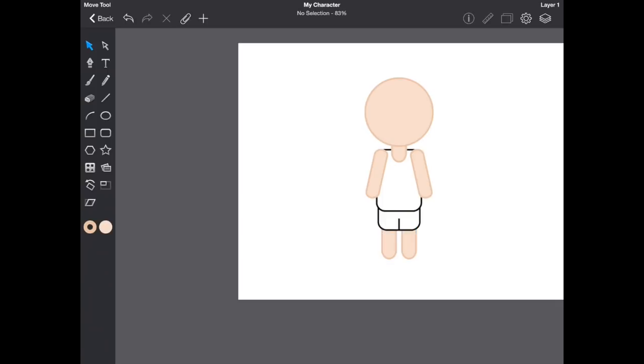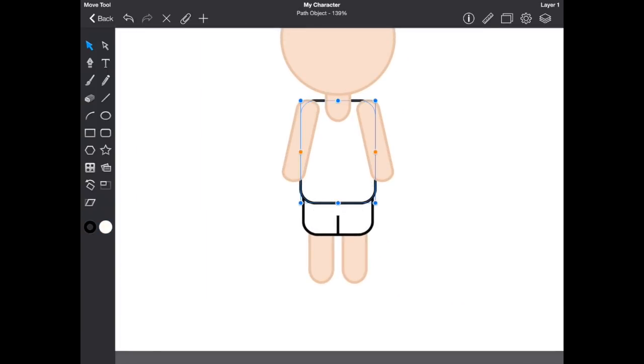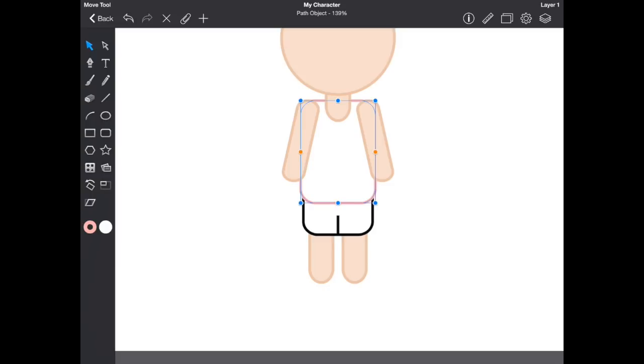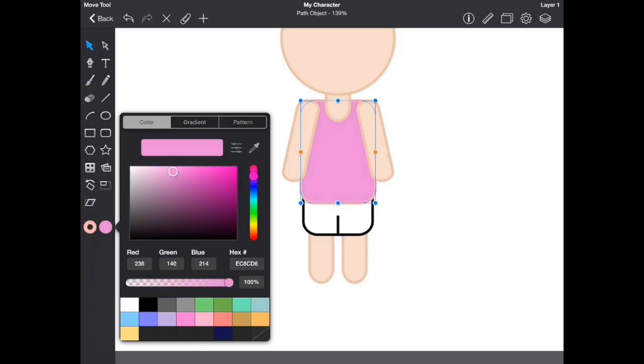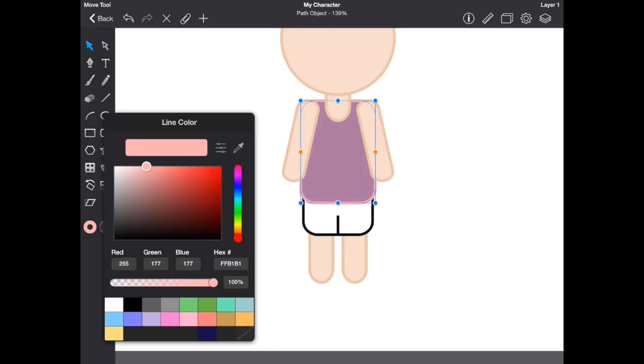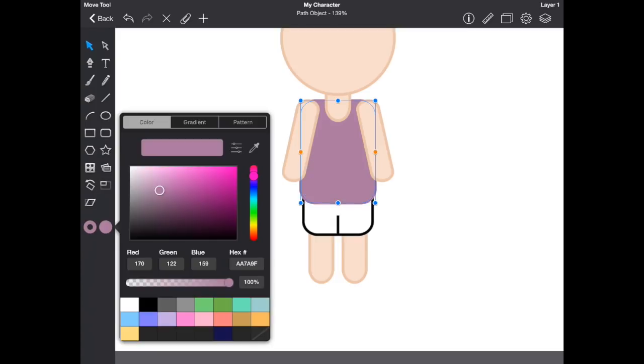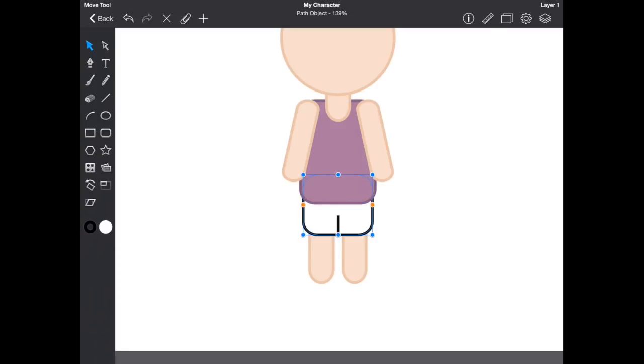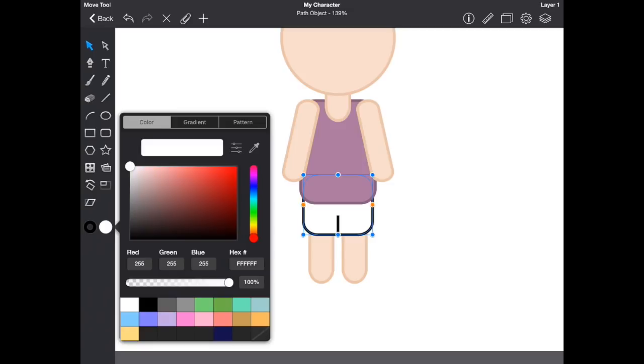Good. So we keep coloring this character, so I'm gonna choose a color for the shirt. Sorry, let's do the fill color first. So select that. As you probably know, I like purple quite a bit, so I always choose that color. I think I need to change that, but it's okay for now. I'm gonna choose some purple, and then this could be like jeans maybe, so some kind of blue, something like